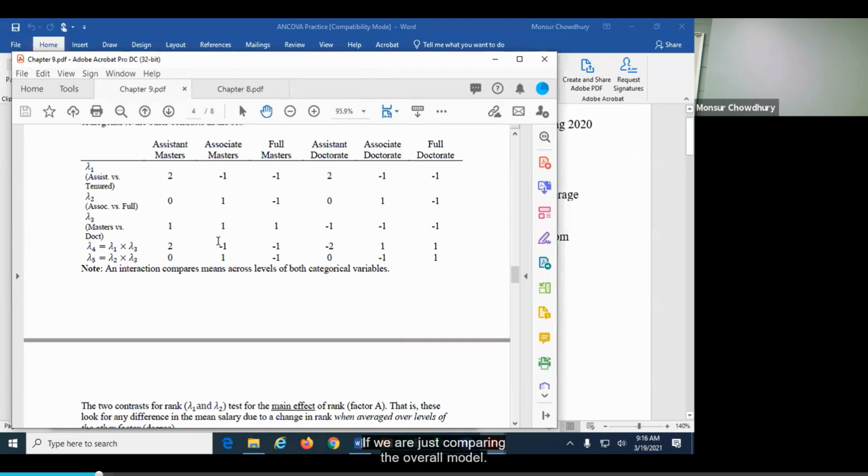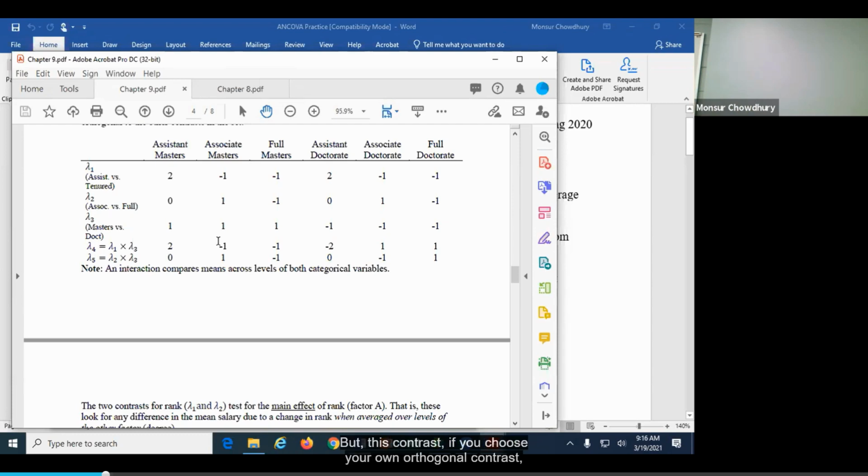If you are just comparing the overall model, all the three methods are the same. The F value is the same. When it comes to the individual comparison between different groups, then you have to use this contrast code. The only disadvantage of the Helmert contrast is that you cannot choose your own orthogonal contrast, which means you cannot compare all the groups.